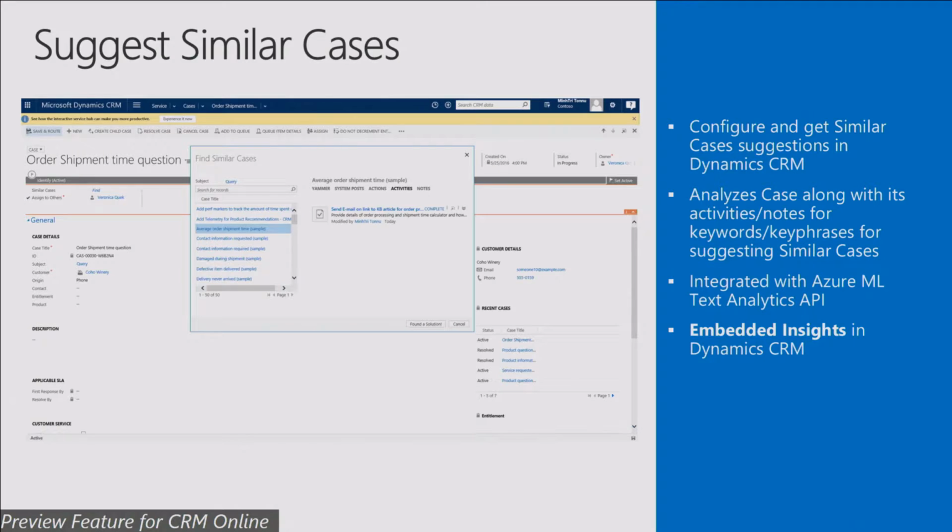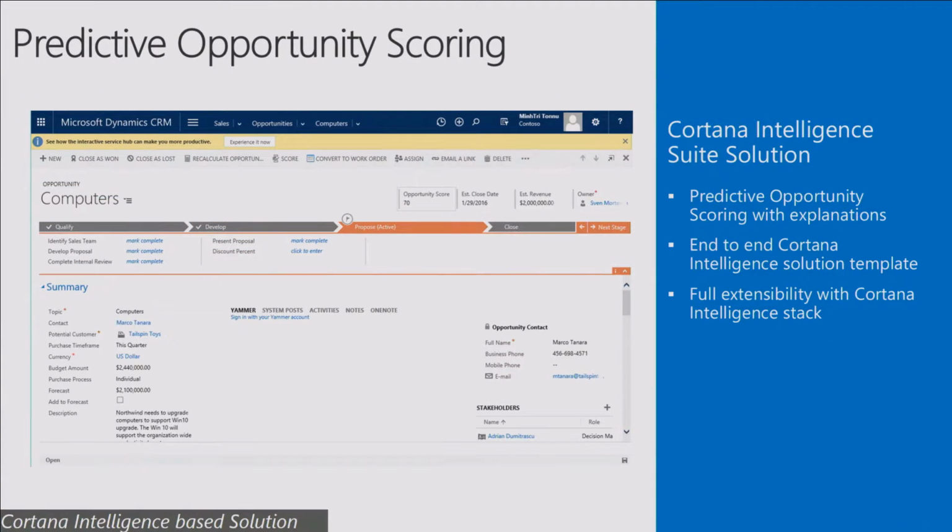The last three capabilities, the similar cases, the knowledge article suggestions, and the topic analysis, are targeted for the service managers, and then the cross-sell recommendation is targeted for the sales managers. These are four embedded insights which leverage machine learning that we'll talk about. And then we have the